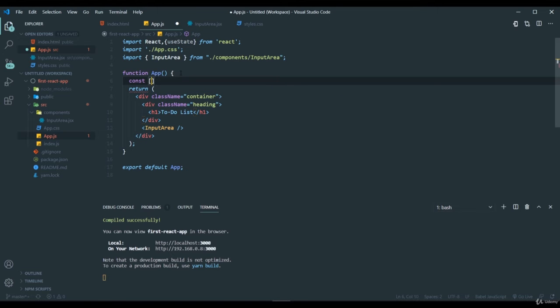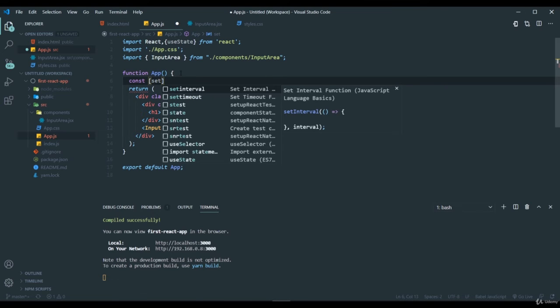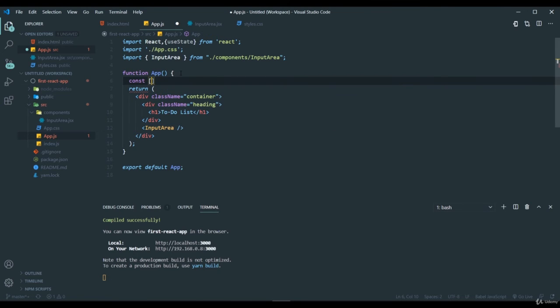Let me show you how to use that. The useState hook generally has two things. One is the variable name through which you can access the state. Here I'll just put it as items, and another one is a function for setting these items. So I can give it the name setItems. These names don't matter. You can give whatever name you want here, but you're going to access this function and this variable only